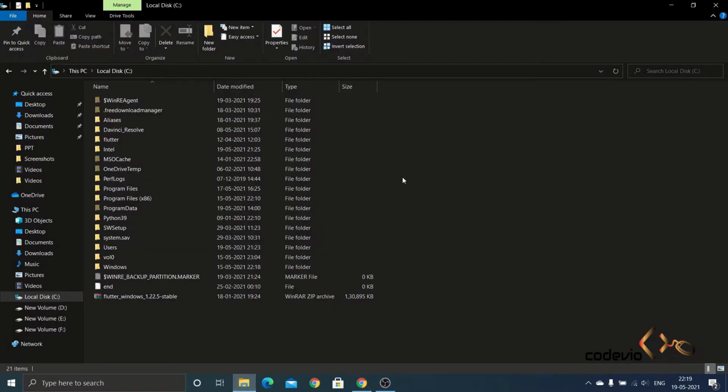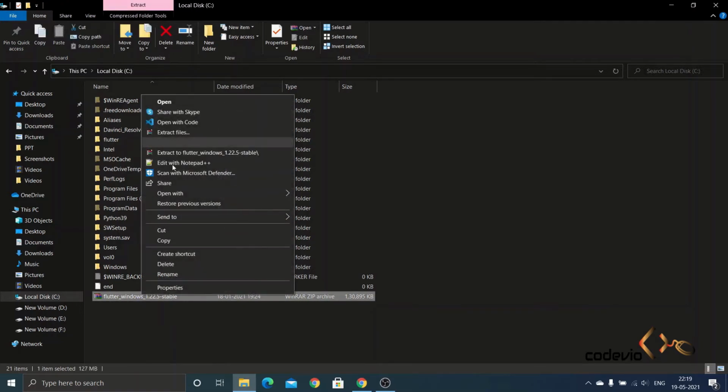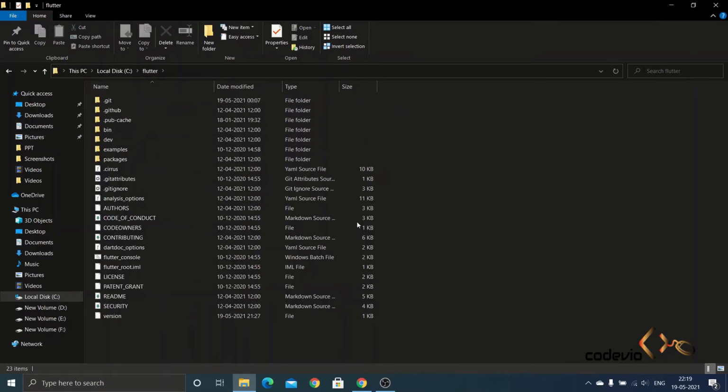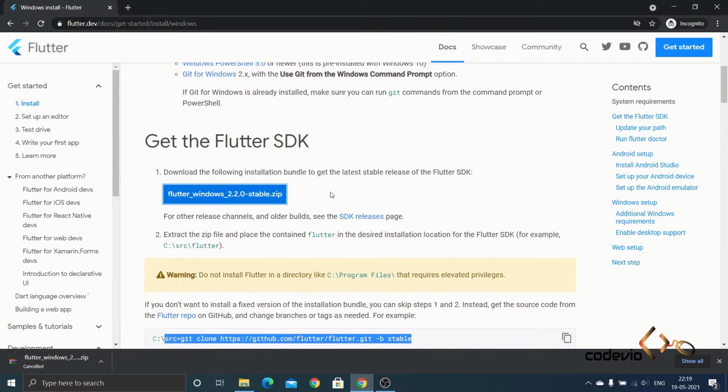So you can see the zip file in my folder. I'm going to extract the zip file. When I click the extract here button, you will get the Flutter folder like this, and inside this you have all the files that are required by Flutter. So okay, we have completed our Flutter installation step,